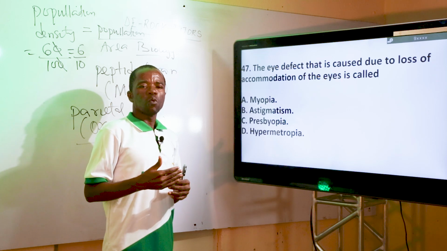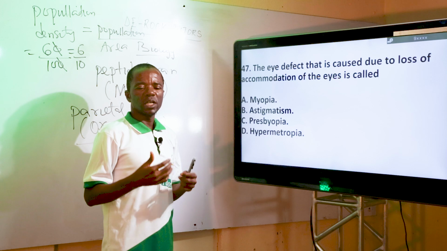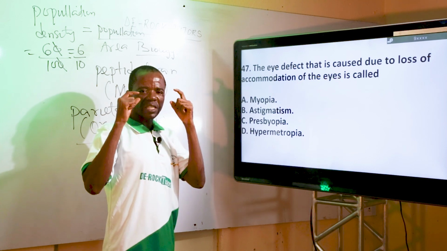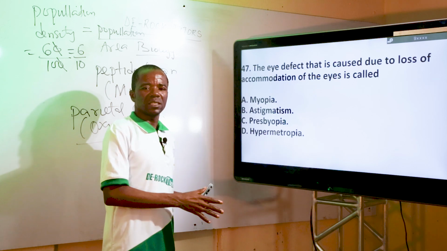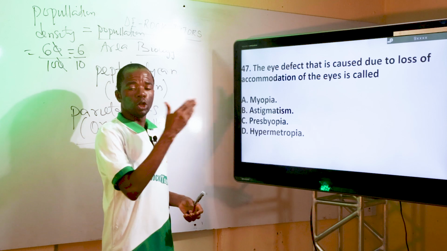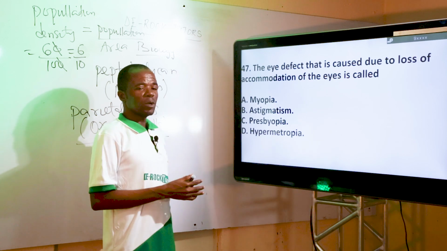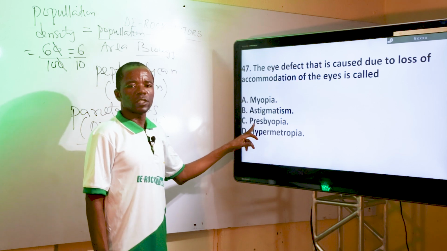And the reason why a person might not be able to focus on both far and near objects is when the ciliary muscles that are holding the lens in place have lost their elasticity. So loss of elasticity of the ciliary muscle can bring about loss of accommodation, and loss of accommodation of the human eye causes a particular eye defect called